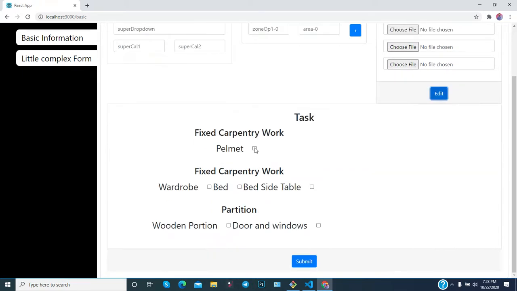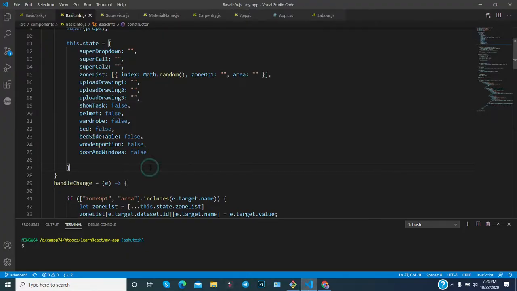And you can also notice this is a checkbox, input type checkbox. This is a little bit complex in React to manage, because the checked true or false attribute is added after clicking this checkbox, but the value of the input type checkbox will remain the same. That's why it is a little tricky to manage in React. So I will talk about these things later on. So this is just like a story.